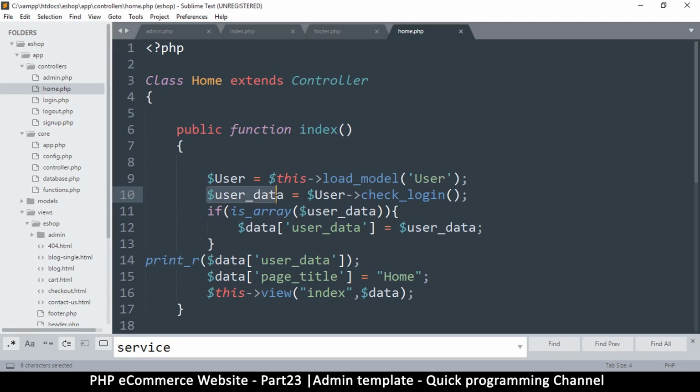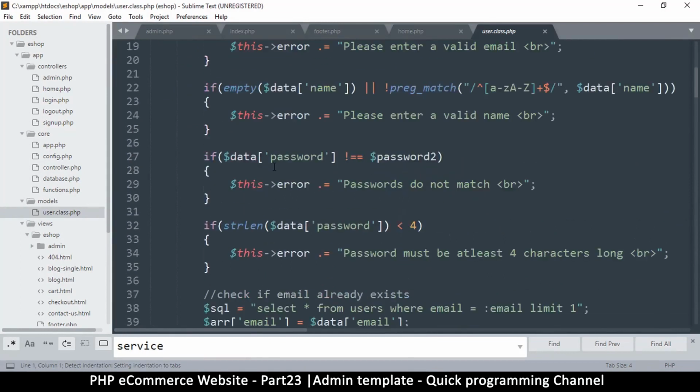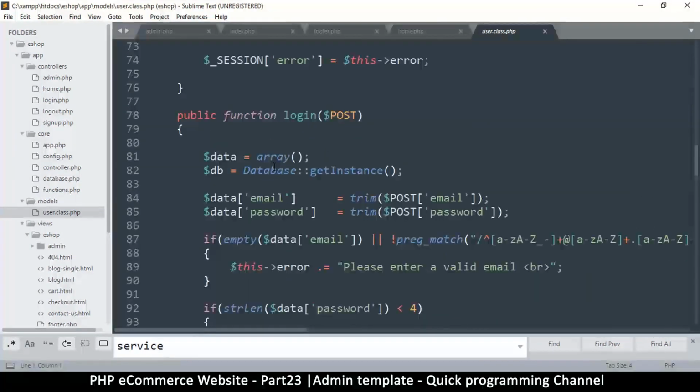So let's try this. Check login. Okay, so for some reason we are not being logged in here, so let's do some troubleshooting a little bit. So this one, user check login, is inside the user model. So let's come here, get that. So let's come back here to the,